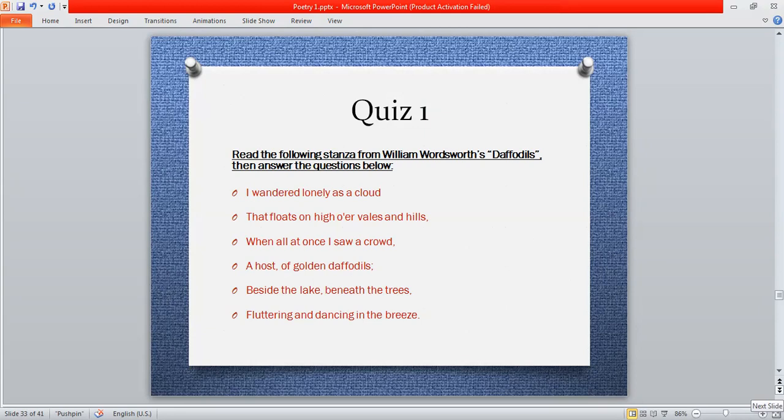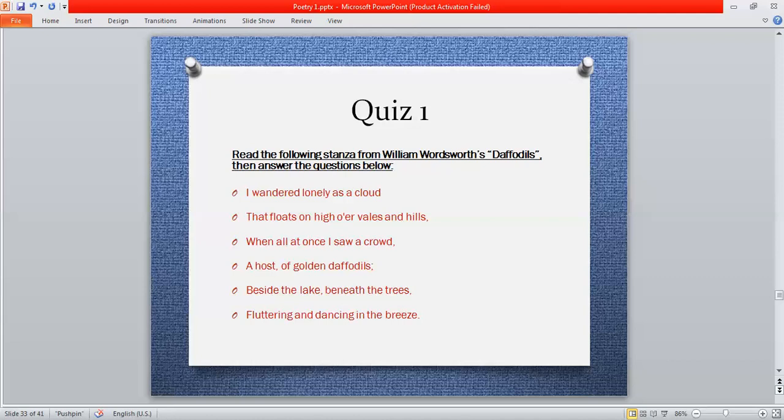The stanza reads as, I wandered lonely as a cloud. So the poet is telling the reader that he is walking aimlessly or without an aim. He was all alone as a cloud in the sky. The cloud that floats on high over vales and hills. This cloud swims in the sky as if it's a ship floating or swimming, but not over water, over the valleys and hills